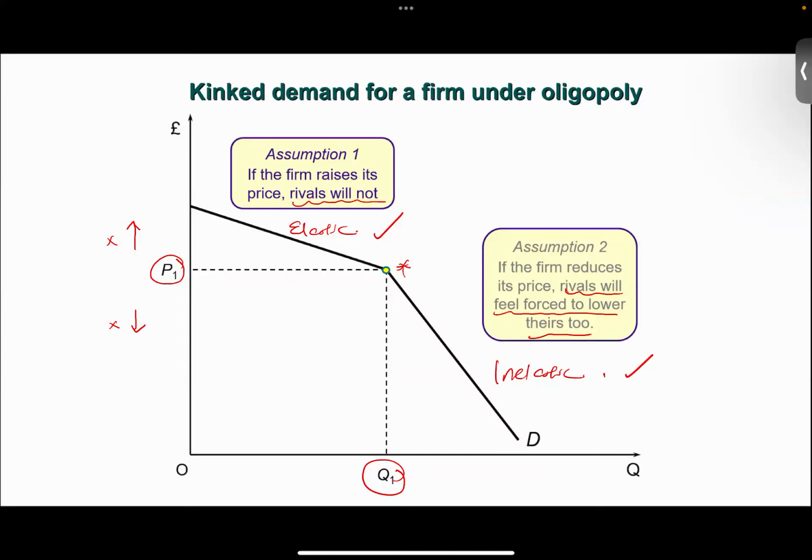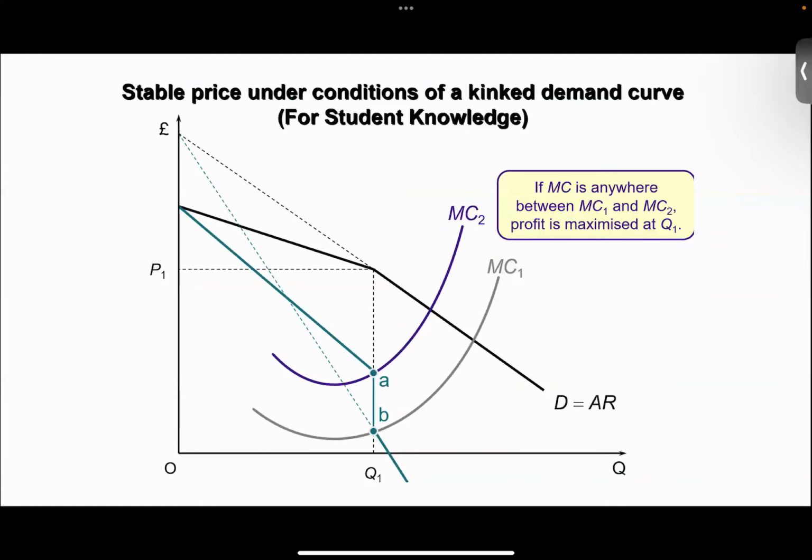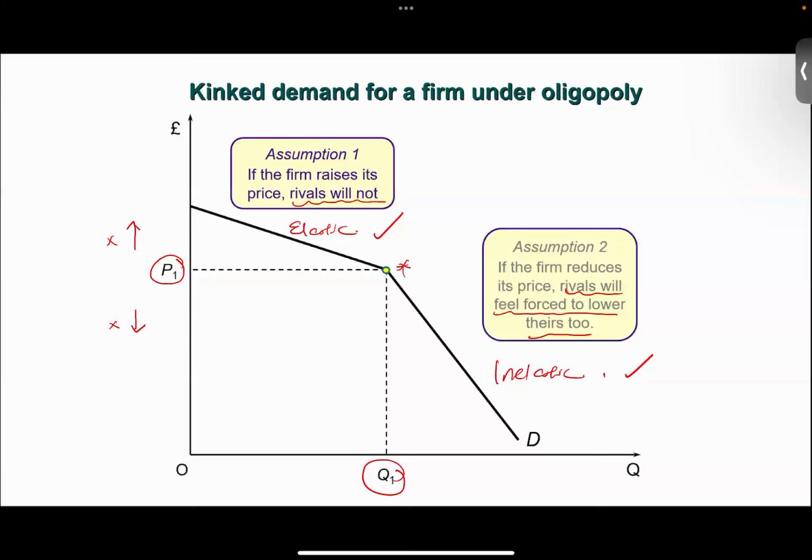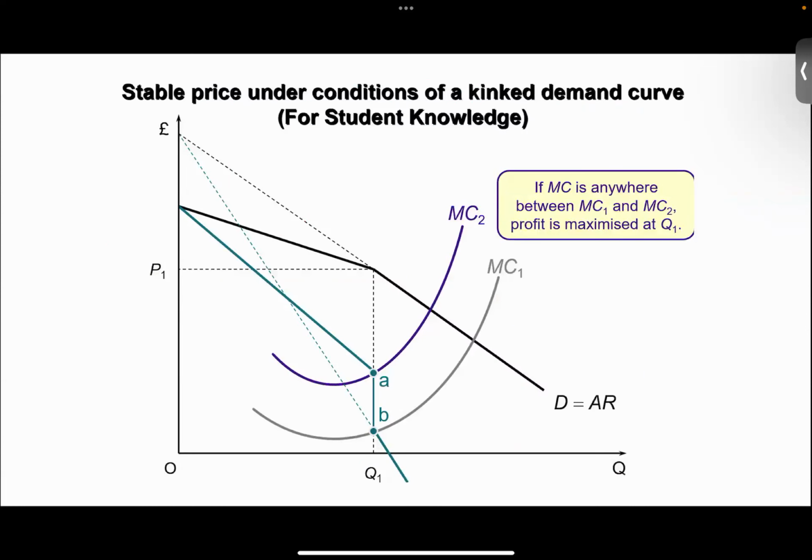So this is the simplest version of the graph that you need to draw. The graph looks like this when it includes the marginal cost and marginal revenue. Just now we did not draw the marginal cost and marginal revenue in this graph. But if marginal cost and marginal revenue are incorporated, that's how the actual graph looks like.